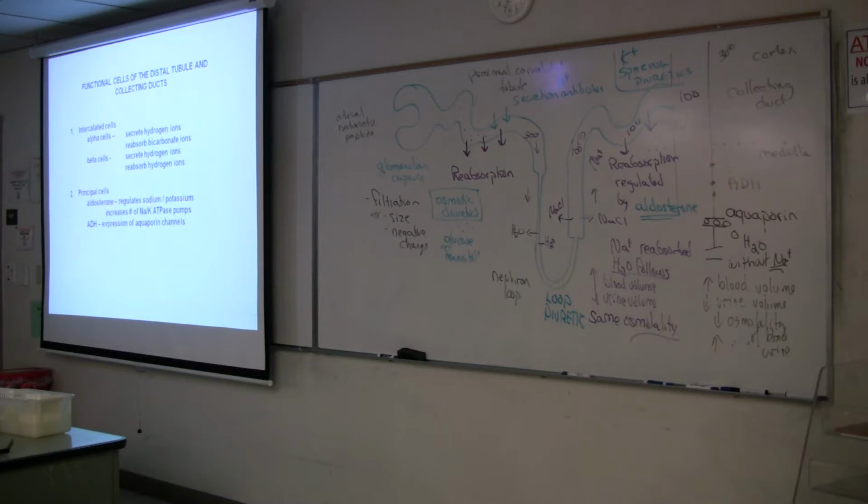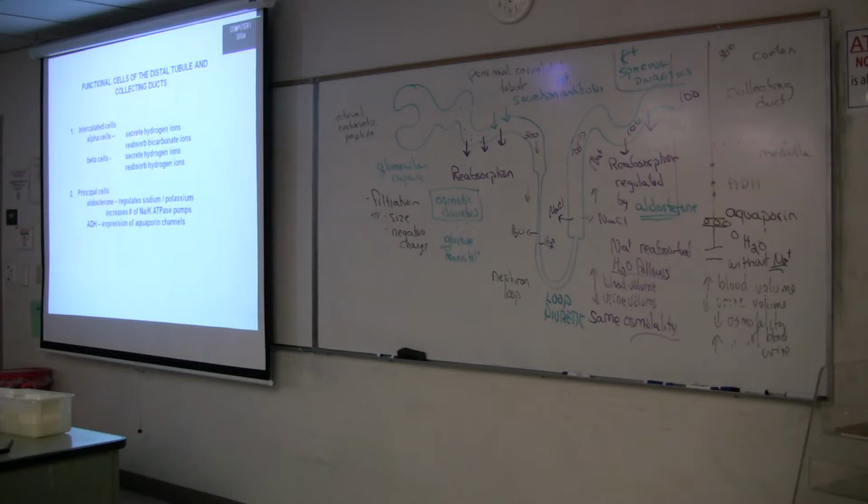So intercalated cells. Again, these are found in both the distal tubule and the collecting duct. And these are the cells we'll be talking about on Tuesday. All right, we'll come back and talk about intercalated. Intercalated just means inserted between. And so notice what these cells are doing. They're moving hydrogen ions and bicarbonate ions. Okay? At the distal tubule,